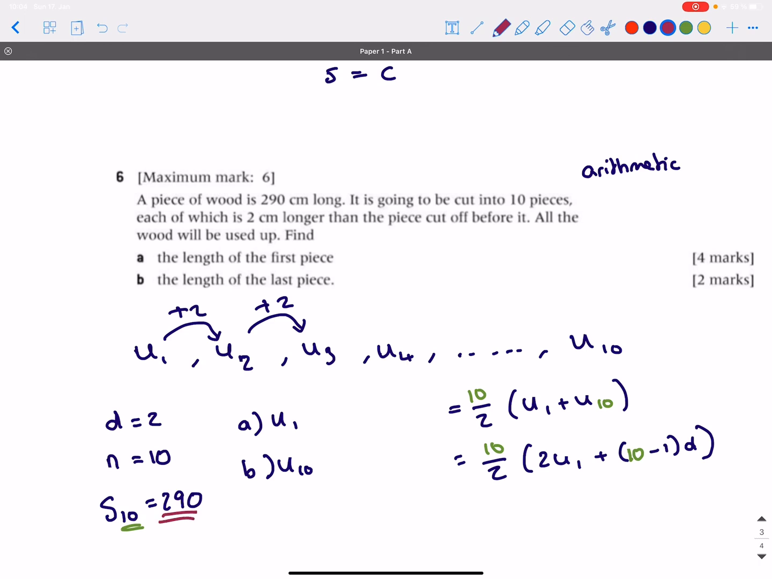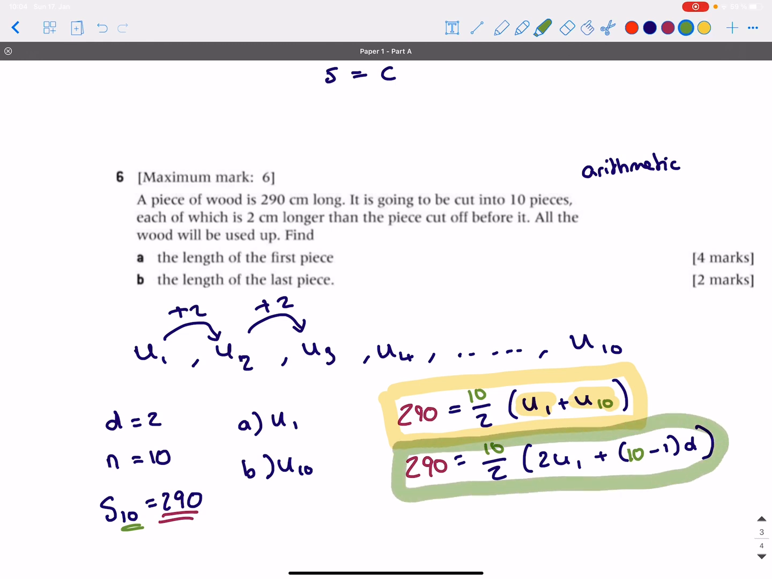So I'm going to replace it with this, 290. And this is the stage where I have to start thinking about which formula is going to be the best for me to use. Because this first formula here is missing 2 things. It's missing U1 and it's missing U10, which are the 2 things I'm trying to find. But it's not very useful to have one equation with 2 unknowns because I'm never going to be able to work them both out. So instead, I'm going to focus in on this equation here